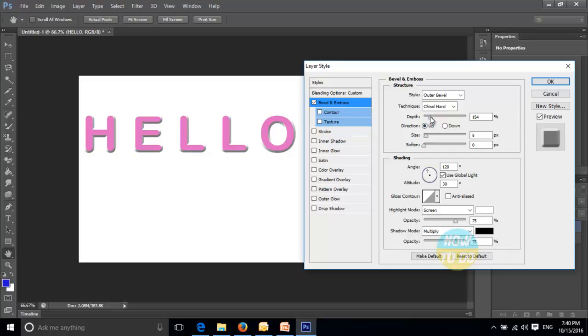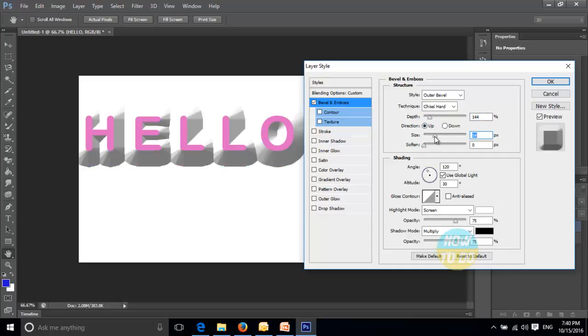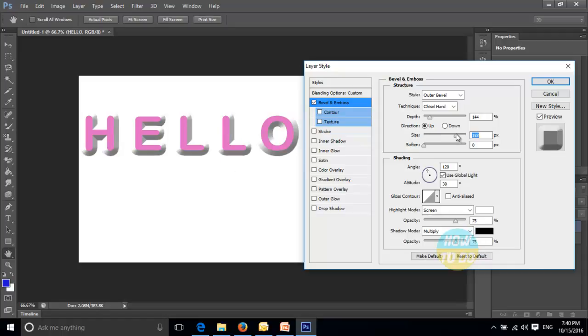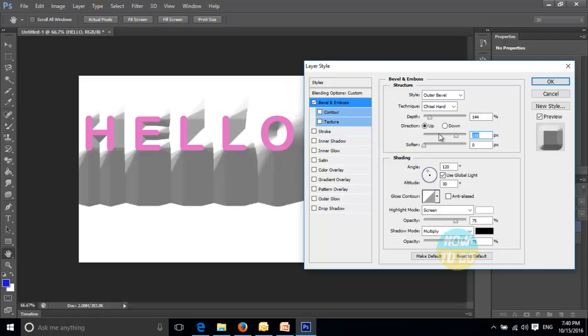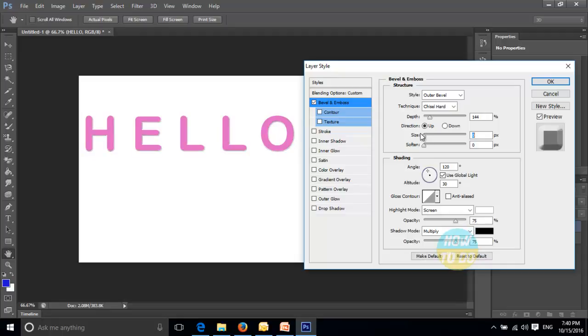Technique hard. You can increase this like this, or keep it to a very small extent. You can give the shadow types where you want, and also soften the same.